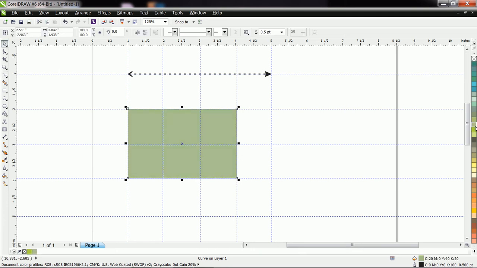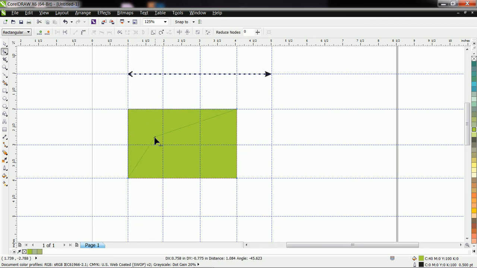If it is filled with color, then it is an accurate shape. If it is not filled with color, then this shape is not accurate as per the rule of CorelDRAW. Okay, this is one shape. You can edit this shape, but only for a limited purpose. Suppose you want to edit this shape like this, then you can edit this shape. You have to only move the nodes.